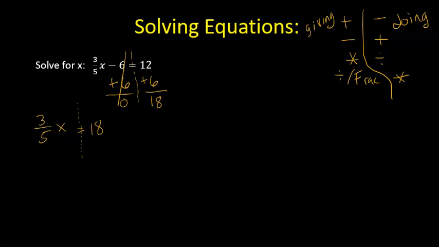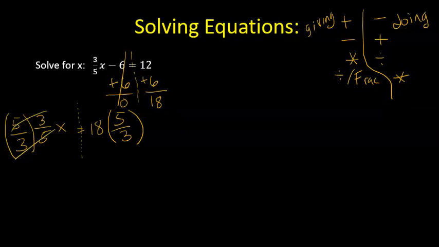So what we're going to do is we're going to do a 5 over 3. I'm going to multiply by 5 over 3. That way we can get rid of the entire thing. But I've got to do it over here too, 5 over 3. Right? So what does that leave me with? Because that's gone, that's gone. I have x equals 18